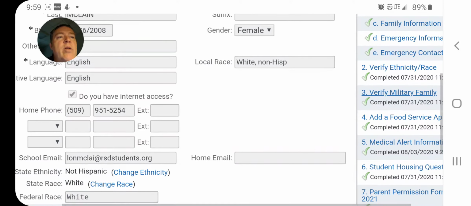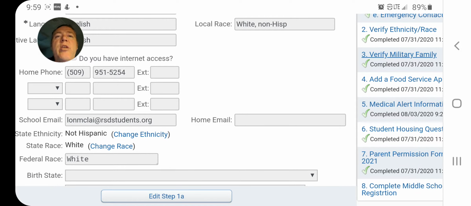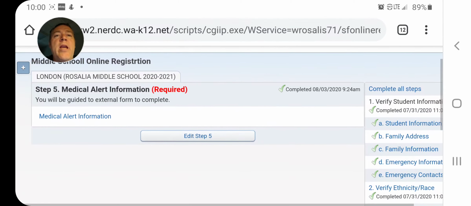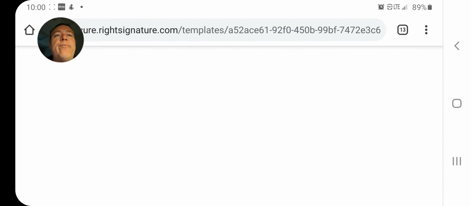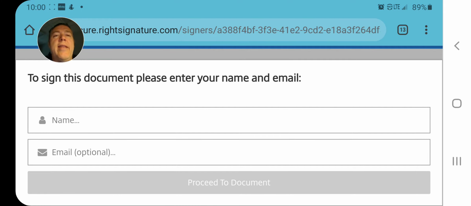All the way down until you get to number 5. Now, number 5, number 6, and number 7 are special in that it will take you to external sites to finish completing the forms, and that's to be expected. So if I'm on 5, medical alert information, there's a link that says medical alert information. I click on that. It's going to take me to an external site,